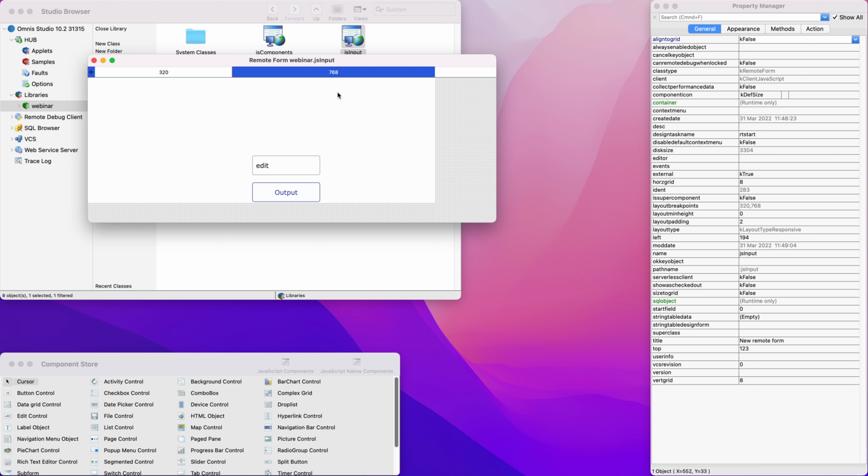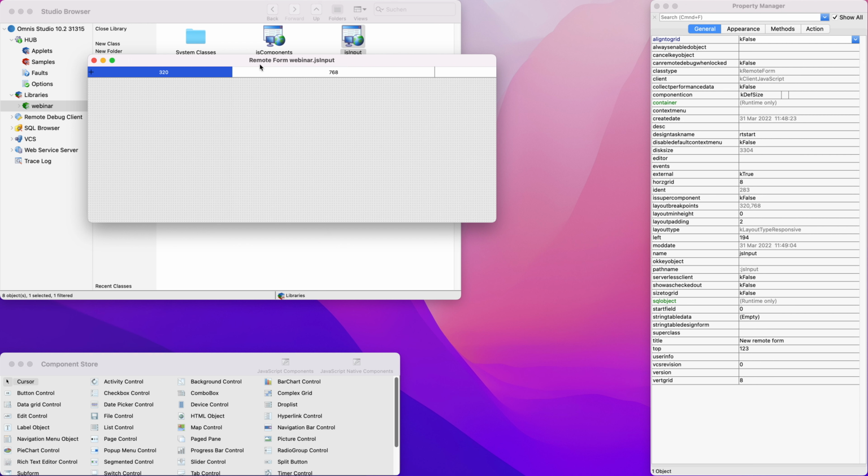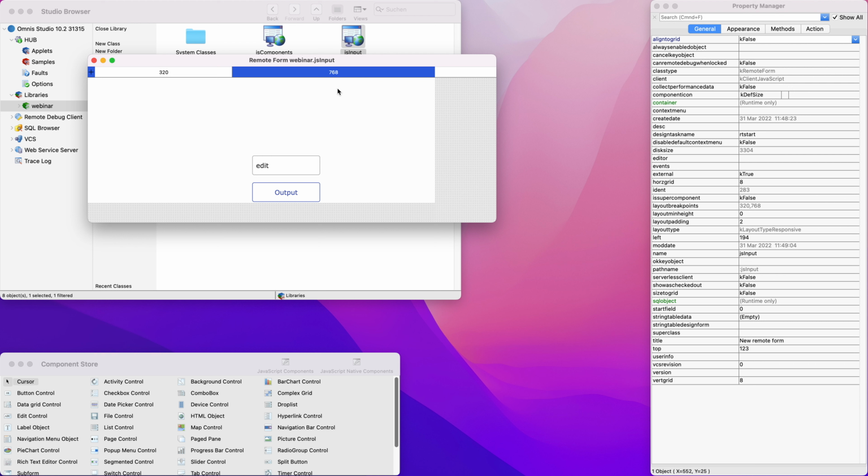By default, for remote forms, there are two layout breakpoints already predefined, namely the 320 and the 768. The 320 breakpoint is intended for the mobile view, and the 768 for the desktop view. Using the plus symbol on the left in the bar, I can add another breakpoint. In this example, I will create one for a width of more than 1024 pixels. So now I enter 1024 here and press